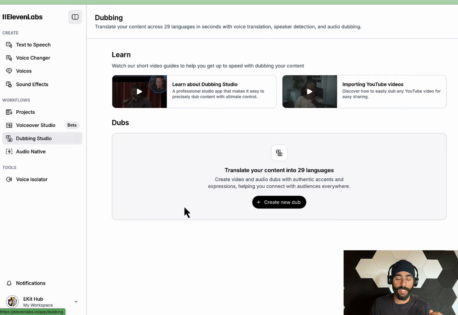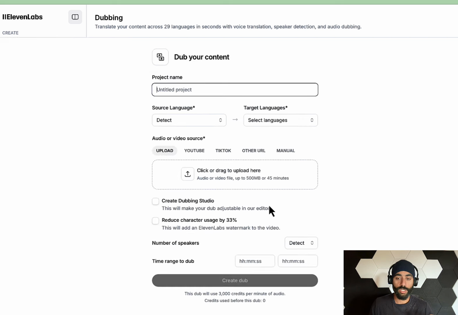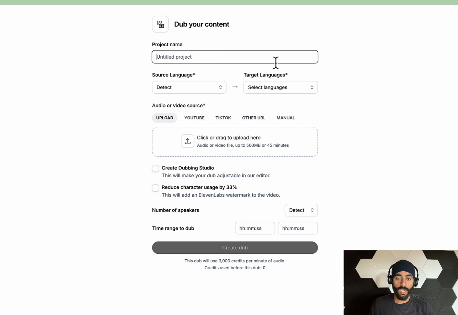Click on that, and there are two tutorial videos that you can watch, one importing YouTube videos, and the other one is importing just straight into a dubbing studio. So let's just start right away and I'll show you how to do it. So the first thing, you got to click on Create Dub, and then you name your project